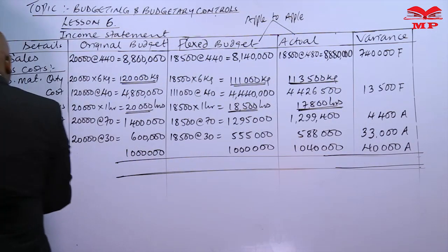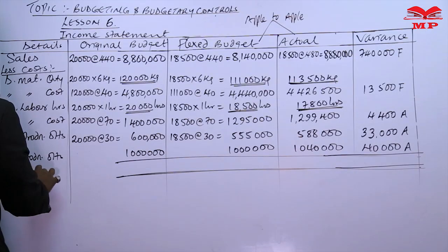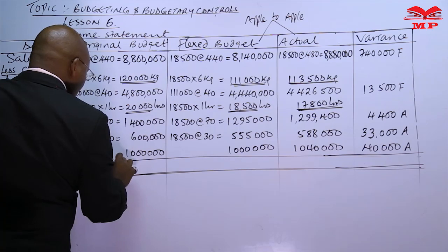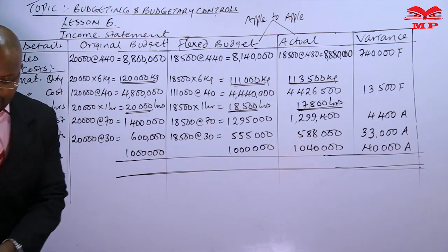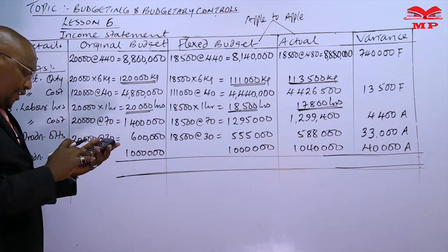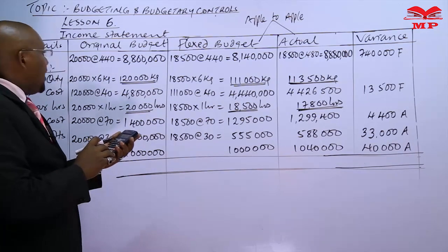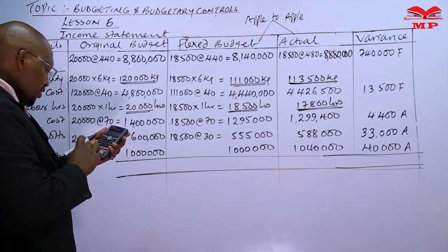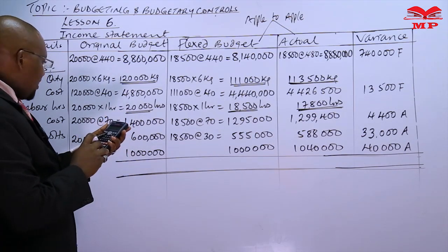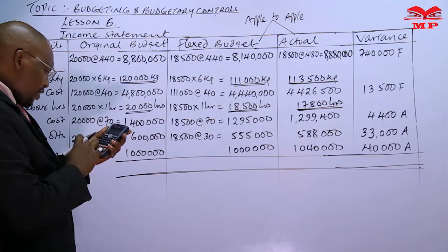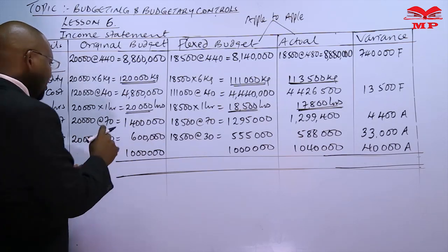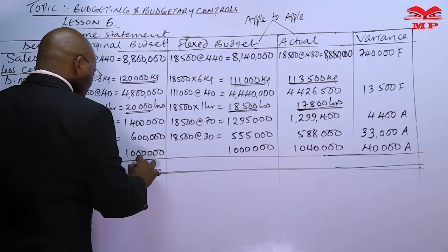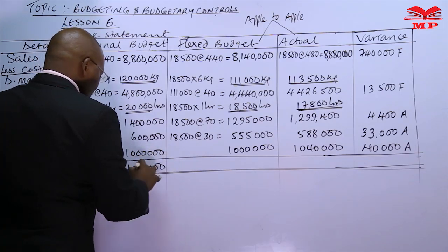So this is the net profit. As per the original budget, the net profit is taking the revenue of 8,800, you subtract 4,800, subtract 1,400, subtract 600, and subtract 1,000. This is 1,000 remaining, as in 1 million remaining. So this is the 1 million profit that we were budgeting